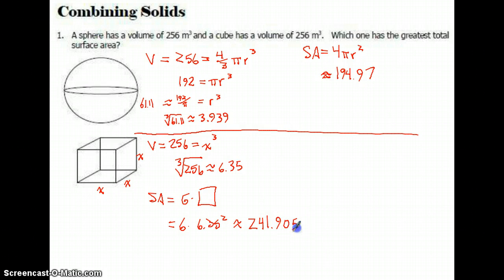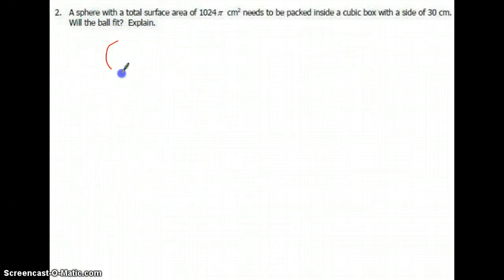241.905, something like that. Okay, great. All right, will this sphere fit in this box? This sphere has a bump on it. No, this sphere kind of looks like a face with a nose sticking out. This sphere has a surface area